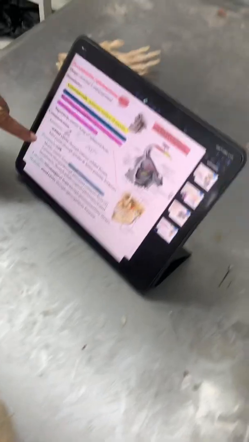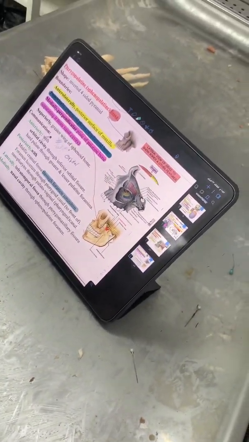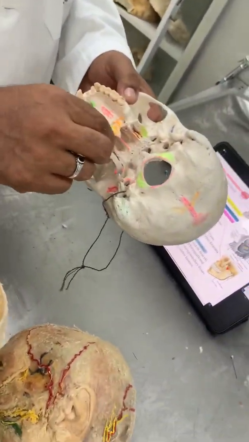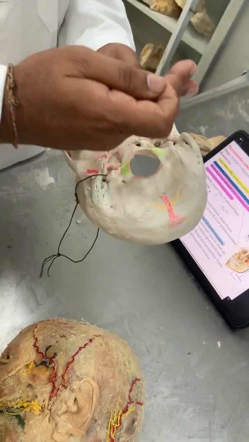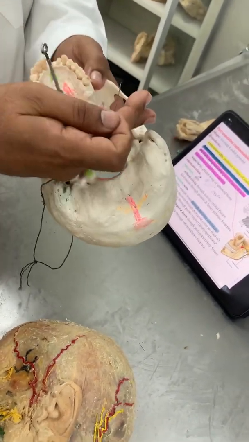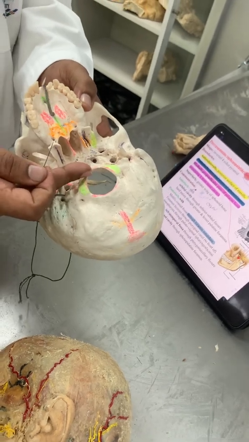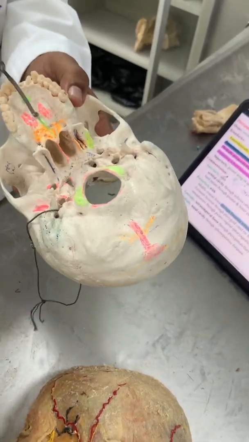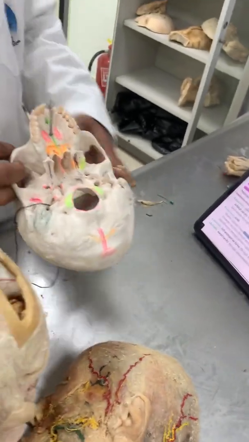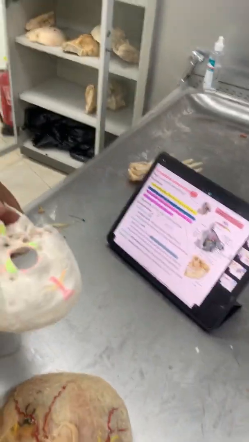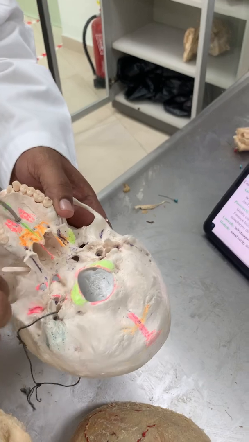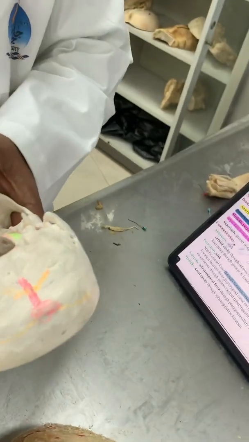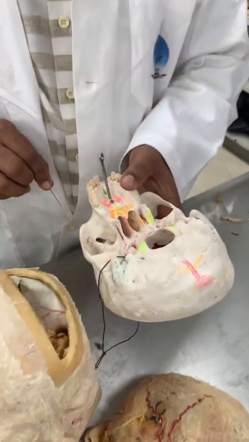And then posteriorly, the middle cranial fossa. So here it is connecting to the middle part. This is the anterior part and this is the middle part. Behind this fossa, it is connecting to the middle cranial fossa. And then laterally, the temporal fossa on the lateral side here. This is the temporal fossa. And medially, the nasal cavity. Here inside, it is the nasal cavity. Great.